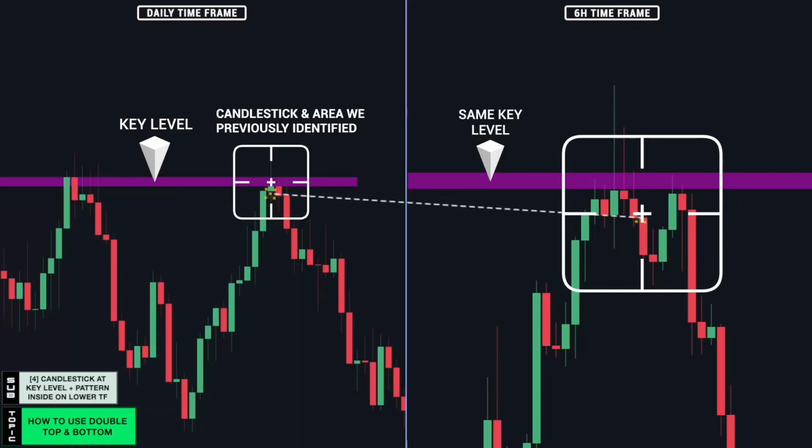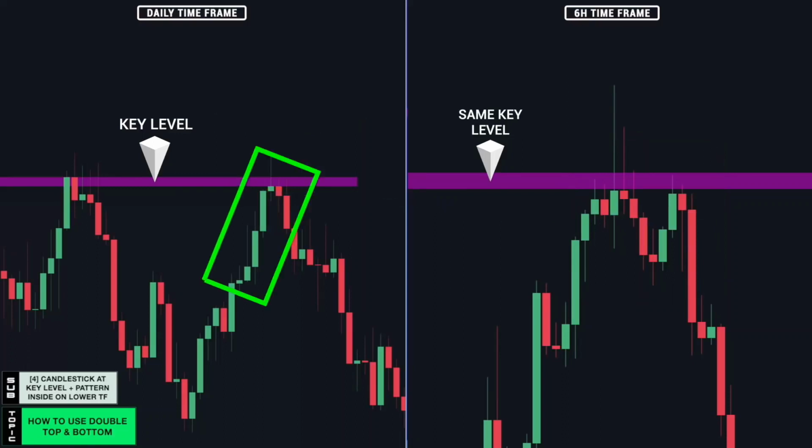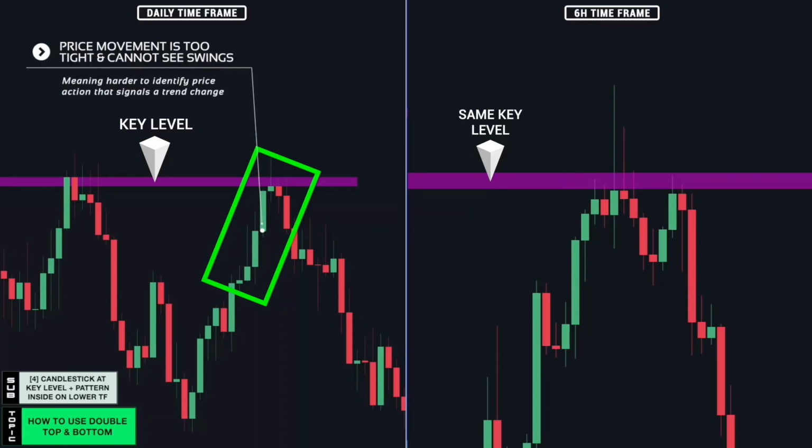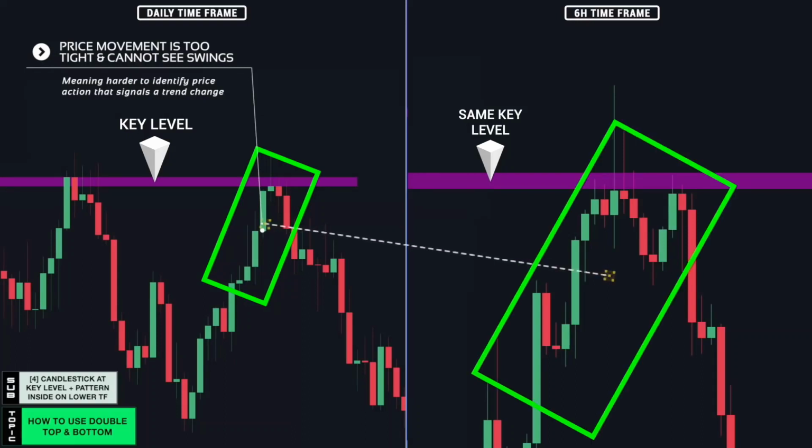Now, the reason we are using a lower time frame is because on the main time frame, where we found the initial setup, price movement is too tight, meaning we don't have good swings that give us good price action that signals a trend change after we had the long wick candle. Whereas here on this lower time frame on the right, we can see so much more data and see the